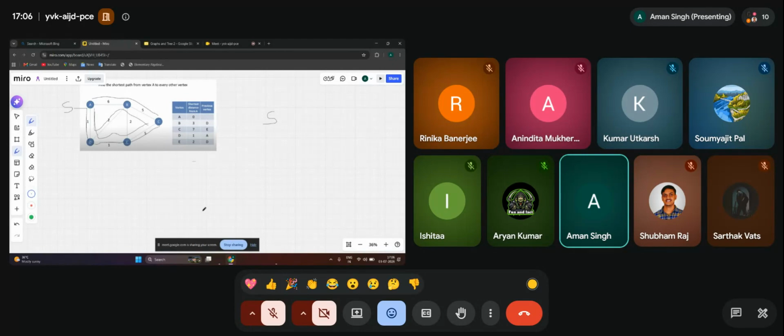So firstly, we make an array, that is a distance array, whose size is equal to the number of nodes present in the graph. So here there are 5 nodes. So I'm making a distance array of size 5. Okay, so let me denote this as A, and this as B, C, D, and E. Generally the indexes are from 1 to 5, but let's assume for now that these are from A